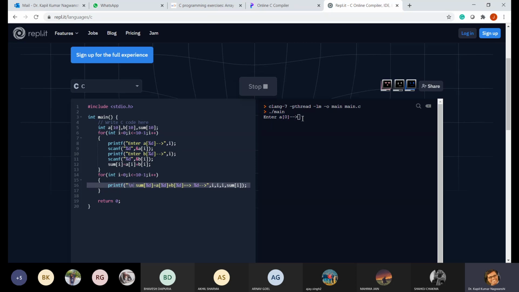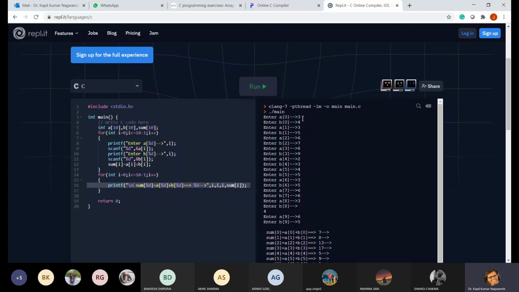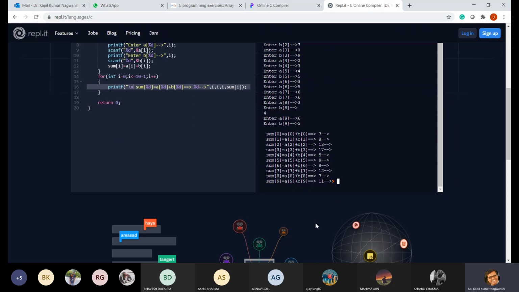So now I am entering 2, 2, 2 for all the numbers. 3, 4, 3, 5, 6, 7, 8, 9, 2, 3, 4, 5, 3, 5, 6, 6, 3, 4, 6, 5, and you can see the answer. Actually, this arrow is coming. This arrow should not be there.